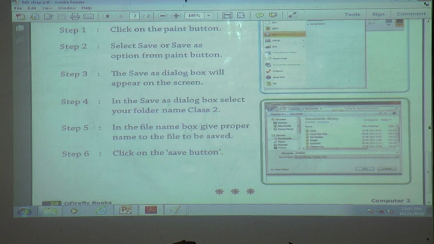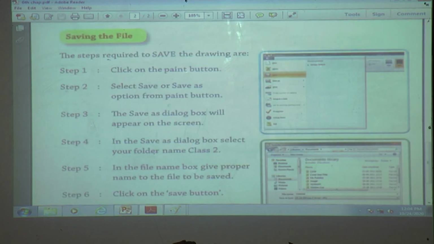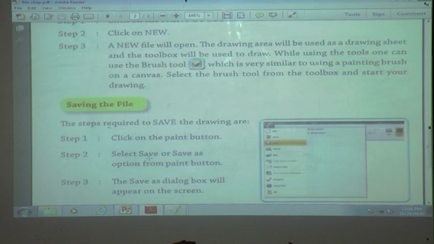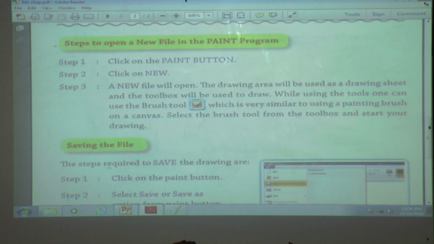In the file name box, give a proper name to the file to be saved. And last one, click on the save button. Clear everyone? How to save the file and how to open the paint program. Clear?